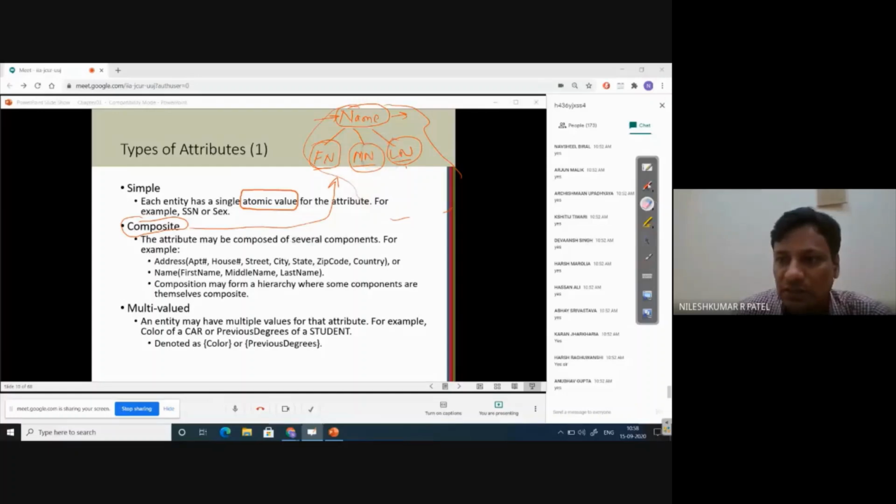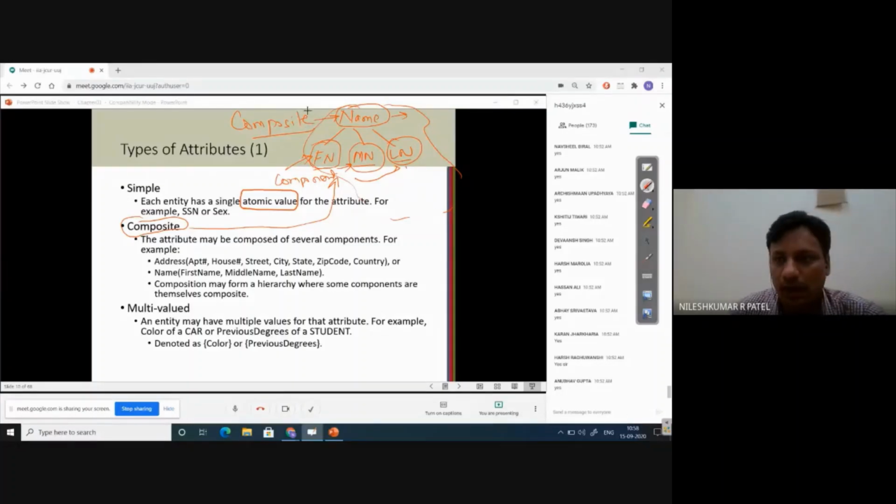So all these things are component attributes, and this is the composite attribute. Name is a composite attribute, and first name, middle name, and last name are component attributes.